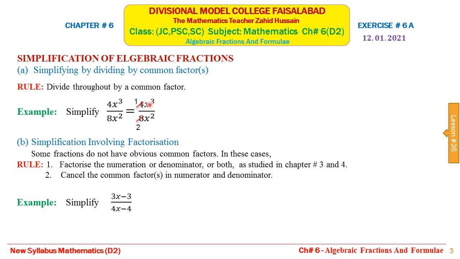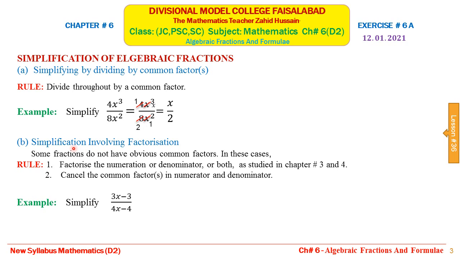Now we will divide x cube by x square. The larger power of x will be divided by the smaller power of the variable. In this case, the variable is x. So when we divide the same letters, we will subtract the powers. So from 3 we will subtract 2 and we will get x raised to power 1. Now in the numerator we are left with 1 and x. We will multiply 1 with x and 2 with 1 in the denominator, and our final answer will be x over 2.